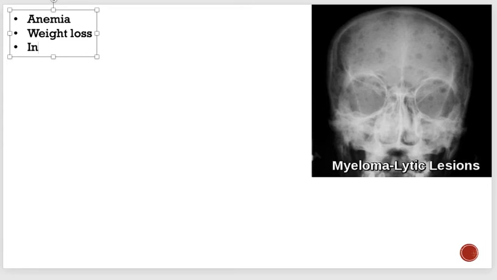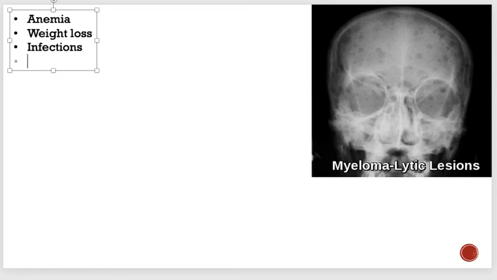Again, they have more infections. Why? Because the bone marrow is not producing normal white blood cells. The plasma cells are not working fine, not making antibodies fine. Usually these patients have most infections from gram negatives as well as Streptococcus pneumoniae, because the normal plasma cell function is not there.